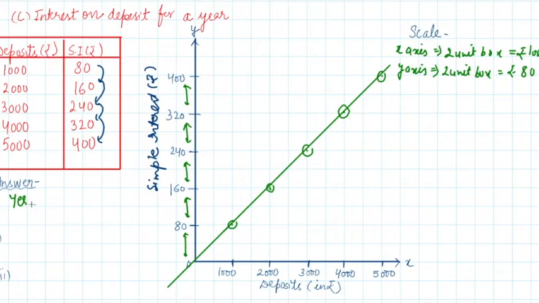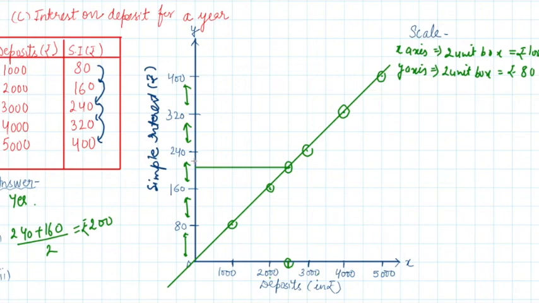Second part of the question is, use the graph to find the interest on rupees 2500. So where is 2500 rupees? Here in the middle, right? Between 2000 and 3000 rupees. This is your 2500 rupees. The question is, how much is the interest on this? So corresponding to this point, if you see here, how much is this going to be? 240 and 160. So you can take the average of that, which will give you the middle value, and that will be rupees 200. 400 upon 2 is 200. So this will be rupees 200, right?